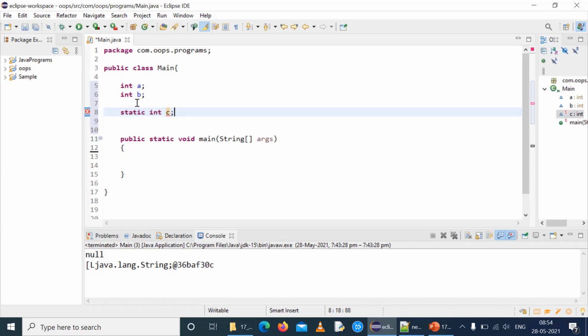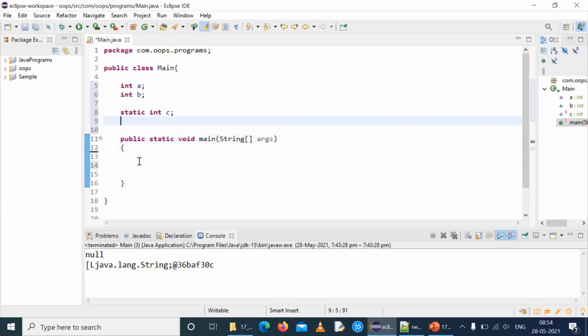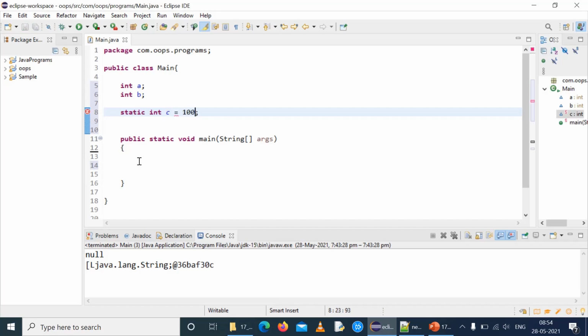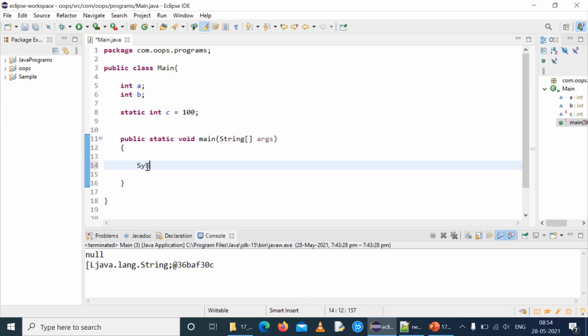So, two non-static members and one static member. Right. Now, before even creating an object, I will show you how to access a static variable.